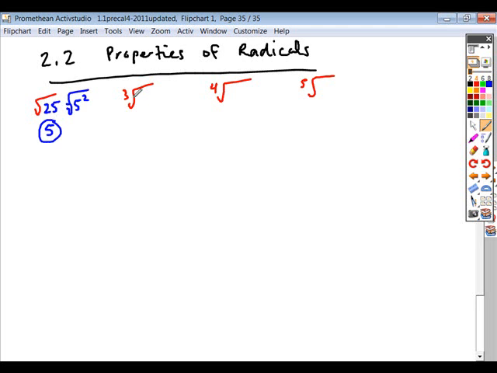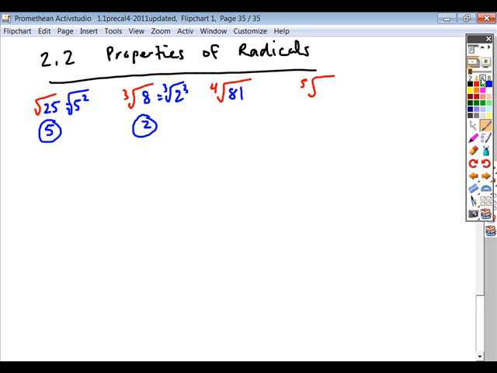Okay, if I gave you cube root, okay, so let's say cube root of 8. So what number can you cube to get 8 is what the cube root of 8 is actually representing. And so if you take, is 8 a perfect cube? It is 2 cubed. And so you get this cube root of 2 cubed is just the base 2 by itself. If I give you fourth root of 81,